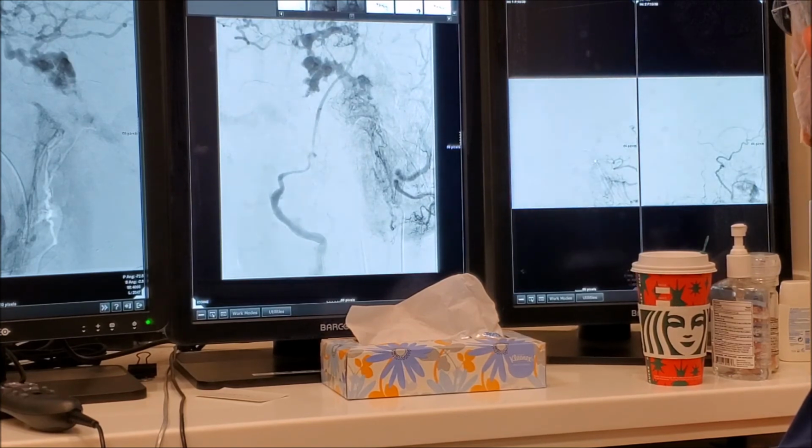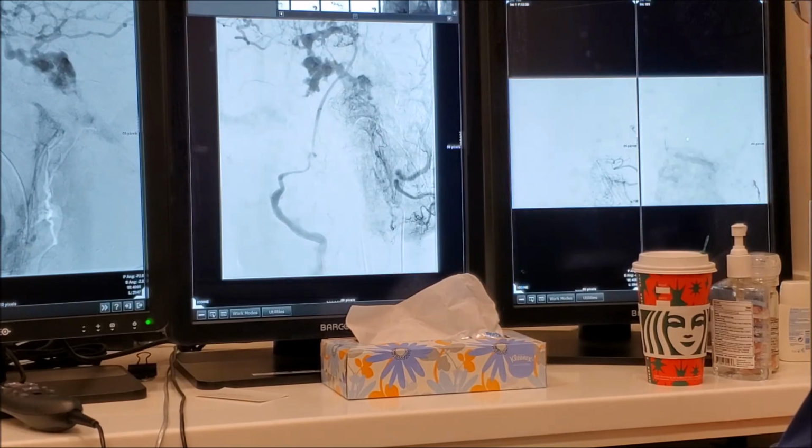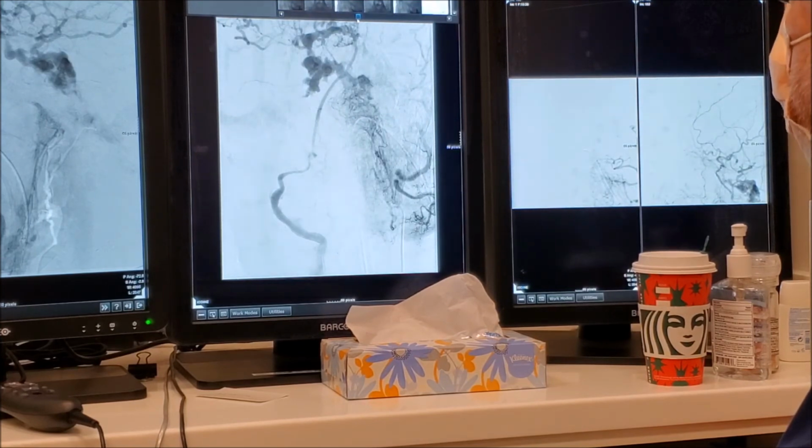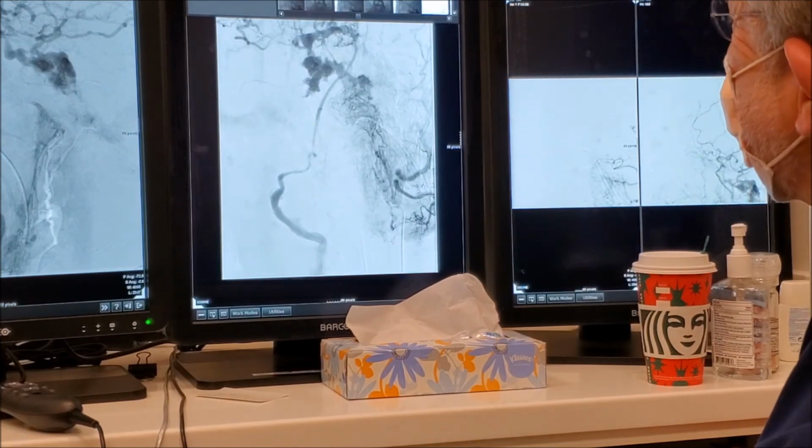So wait, where are you here? I'm seeing it here. I think this is when the ophthalmic stopped filling when we were trying to get the SOV through. Yeah, this SOV stopped. It's because you have the microcatheter there. We had the guiding catheter obstructing the EJ and the microcatheter. Right. So that's how you cured it? Just left it there.